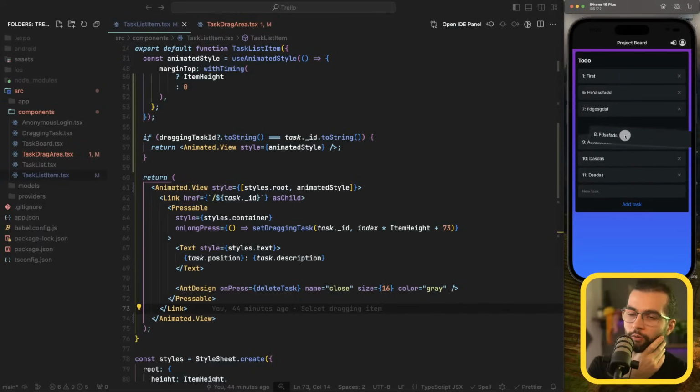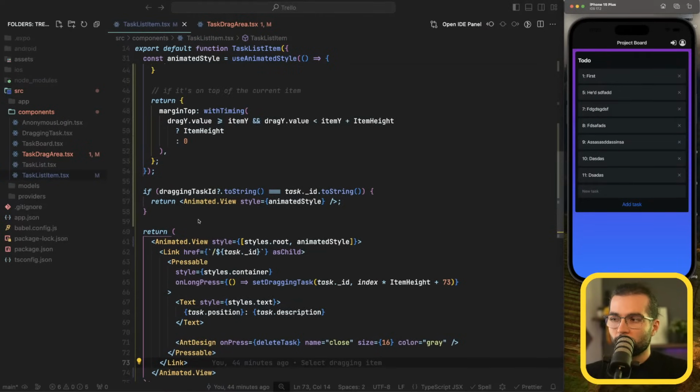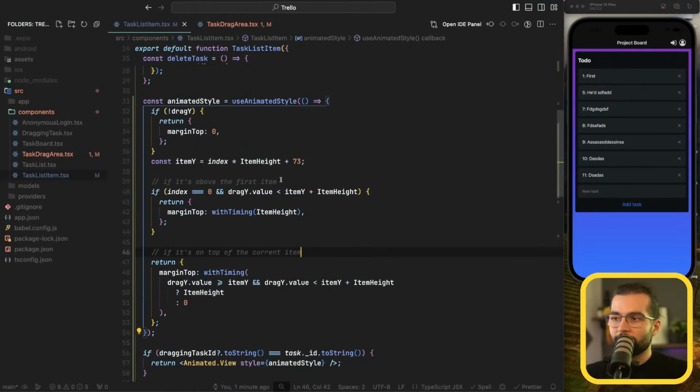I think I know why. Like all the items above the one that we're dragging works perfectly fine, but the ones below work with some gap. That's because we're not rendering the item, we're rendering